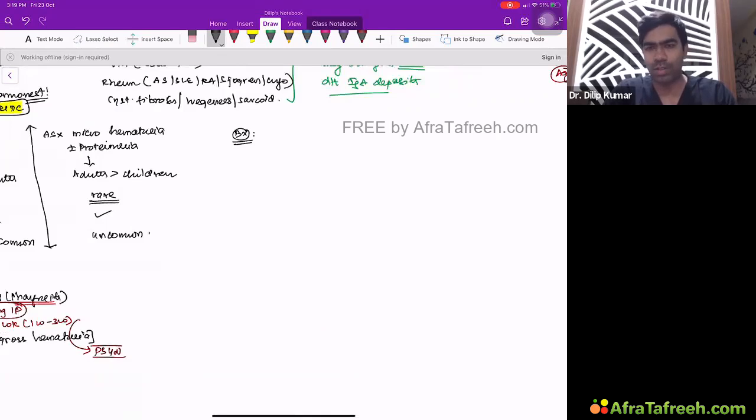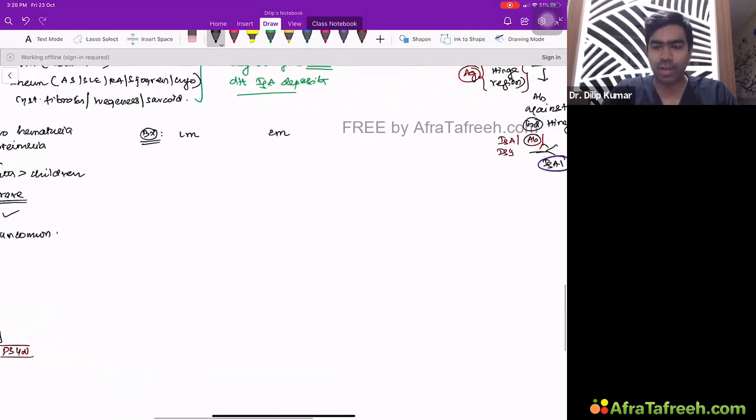If you don't do a biopsy, you're not going to diagnose this disorder. But you need to know what the light microscopic finding is, what the electron microscopic finding is, and what the immunofluorescence finding is. All these three things are very, very important in biopsy. So remember,